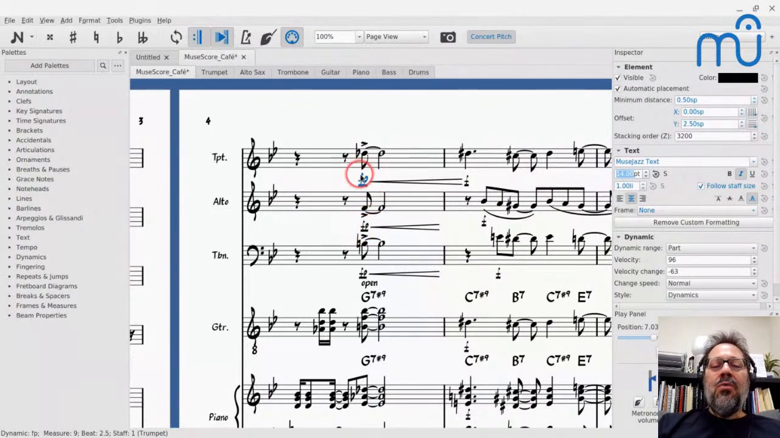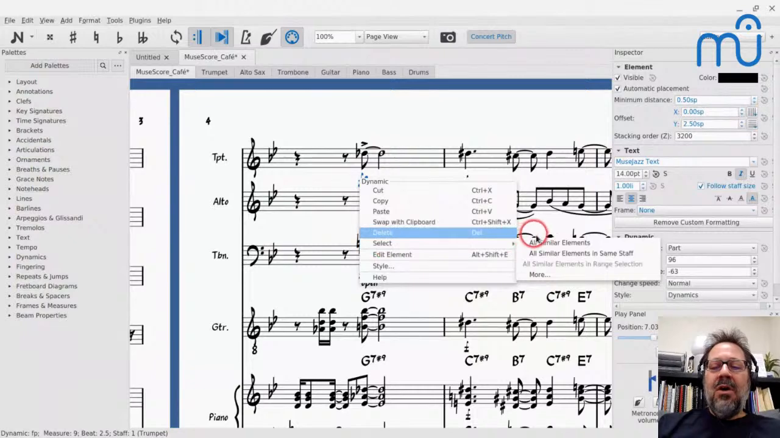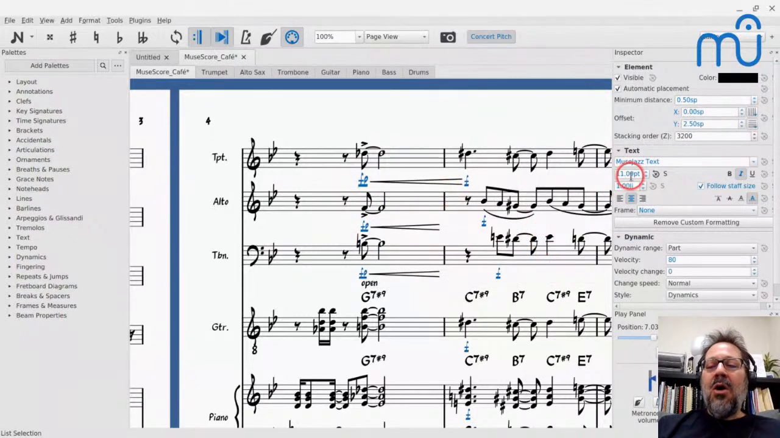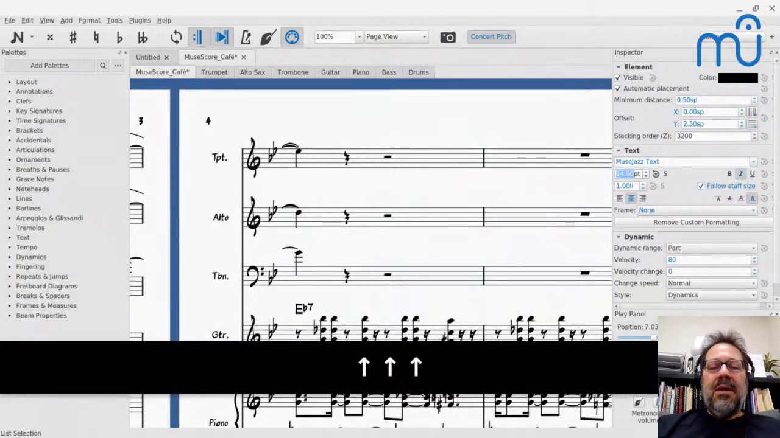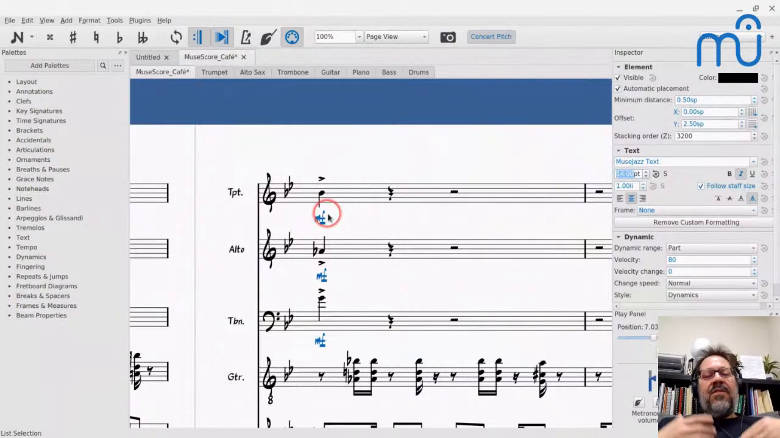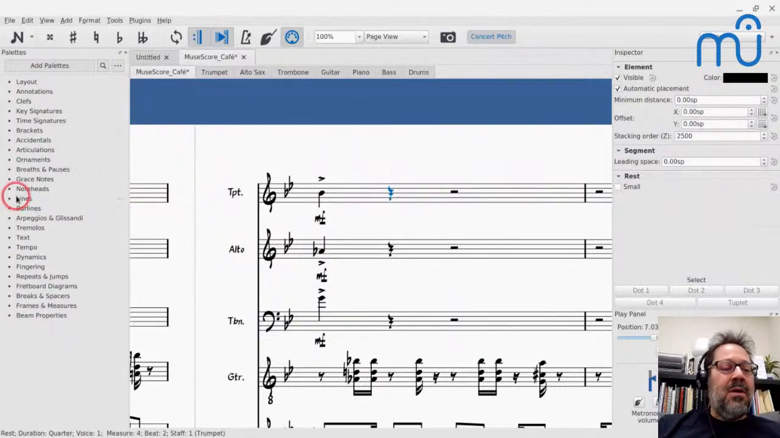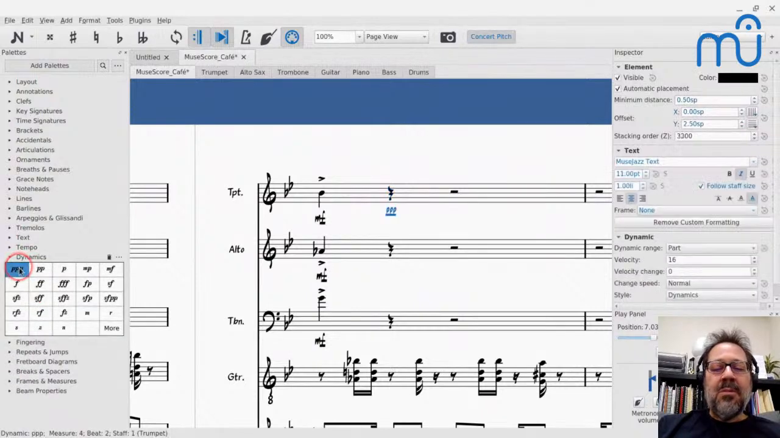Well, yes, I could right-click a dynamic and say select all similar elements and make them all 14-point font. And I could do that. But the problem is, if I do that, it affects all the dynamics that are in the score right now, but not the ones I'm about to enter. So if I enter a new dynamic now, I go back and say dynamics P, it's back to the original size. That's because I don't want to just do the ones that are in the score now. I want to make this a